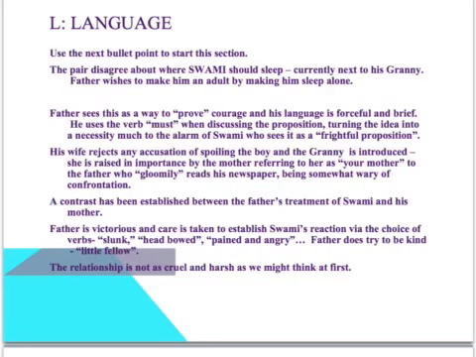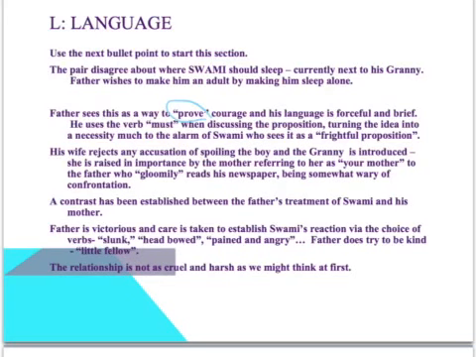Looking at language, perhaps becoming therefore after an introductory paragraph in which we've established some character, as well as talked a bit about the newspaper and so on, we move into the next bullet point, and that is the bullet point dealing with where Swami should sleep. We make the point that he's currently next to his granny, and Dad wants to make him an adult by making him sleep alone. For father, and again the characterisation is developed in this way, this is a way to prove courage. It's a way to make sure that the courage is a proven idea rather than a suggested idea. So it's a way of showing that he must prove this.